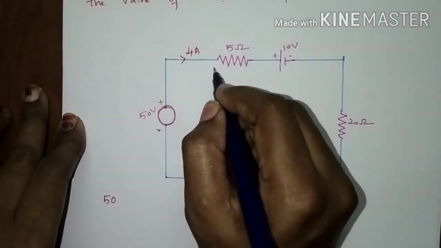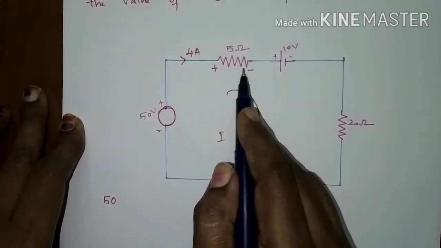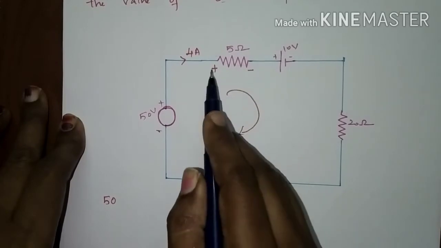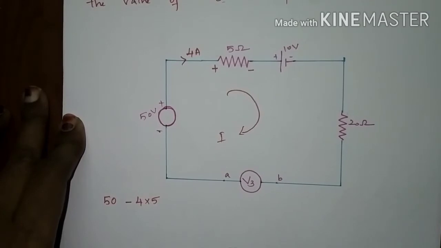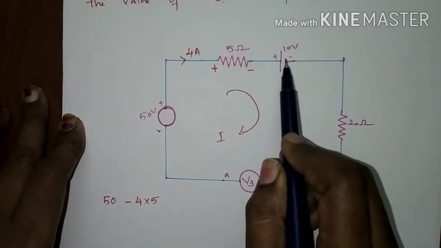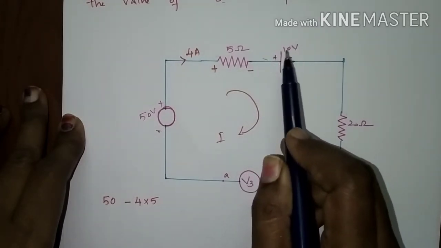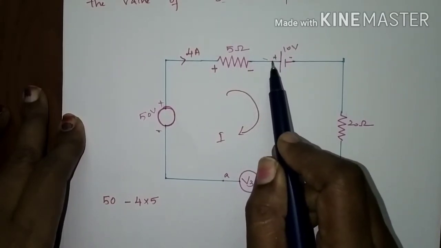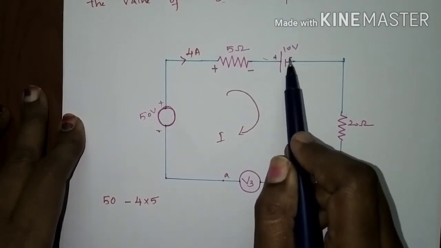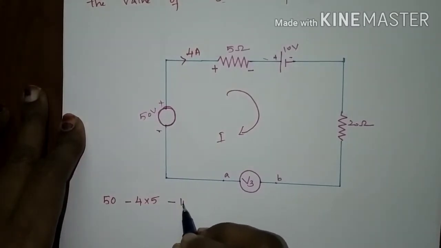All the passive elements will have a potential drop: the entering terminal is positive and the leaving terminal is negative. So there is a potential fall in the passive element resistor. We will get the value as minus 4 into 5, I into R, and there is a potential fall here. The current enters the positive and leaves the negative, which is opposite to the conventional current movement. So it is a potential fall, represent that as minus 10 volt.